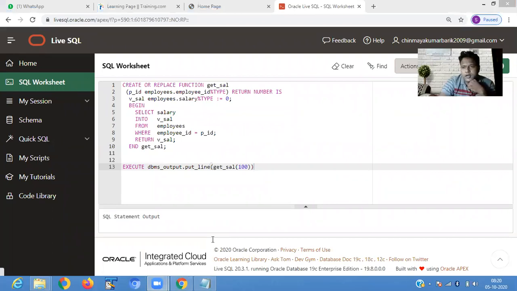Now we create a function: create or replace function get_salary, with p_id, the employee ID. Before that we have to create a table, the employee table.